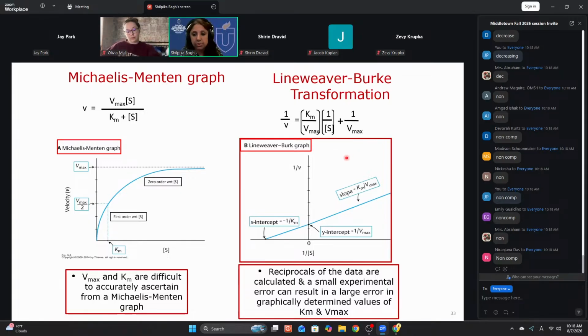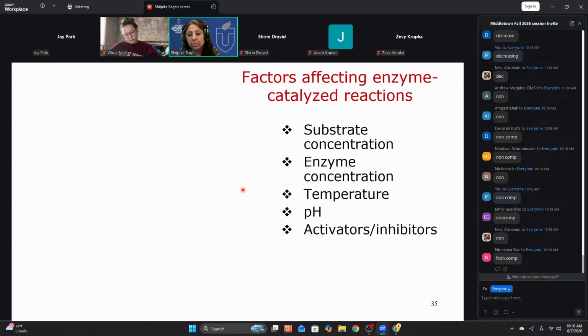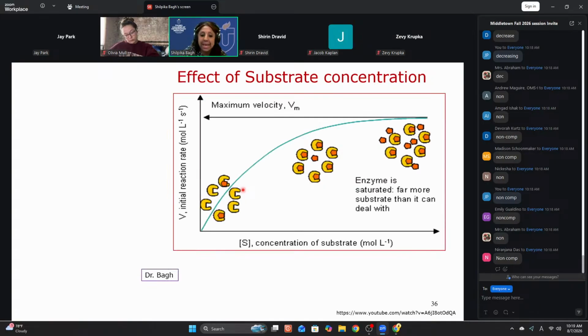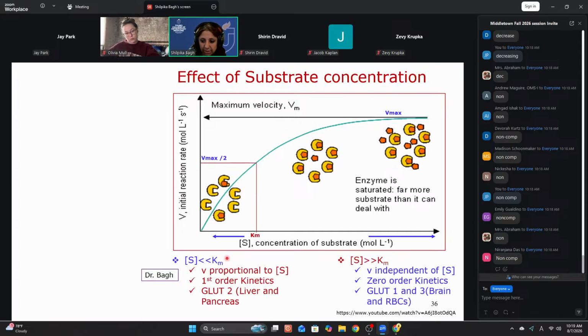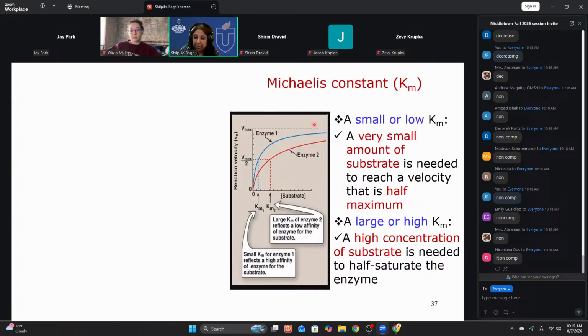So what do the terms stand for? What does Km reflect? What does Vmax reflect? That is more important for you before you come to the extrapolation or enzyme kinetics and inhibition. I have explained all of first order, zero order. This is mixed order. And Vmax is independent of substrate concentration. Once you reach saturation, Vmax cannot be altered by increasing substrate concentration. You're very well aware of Km.